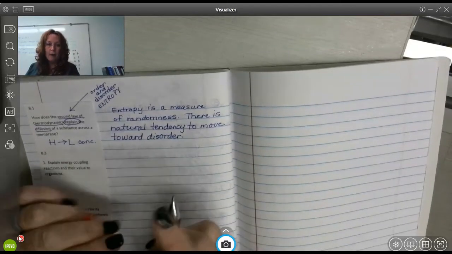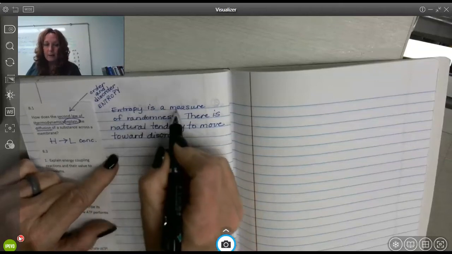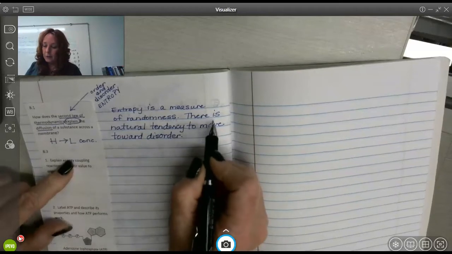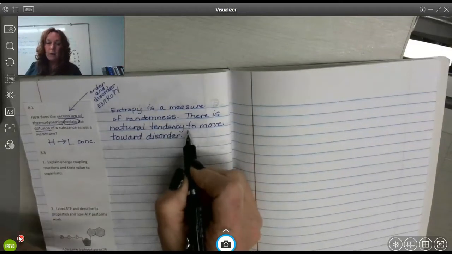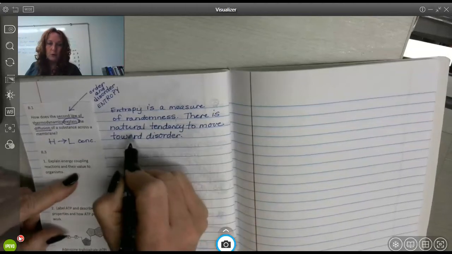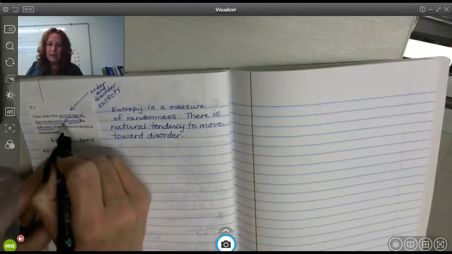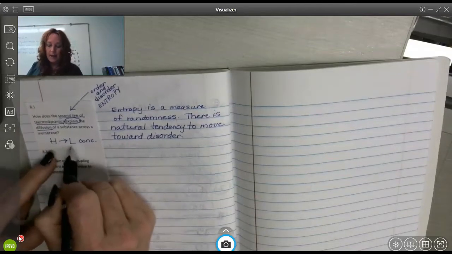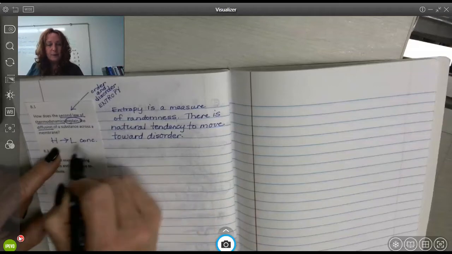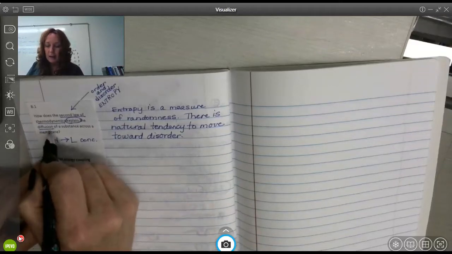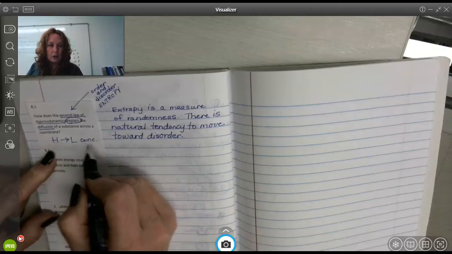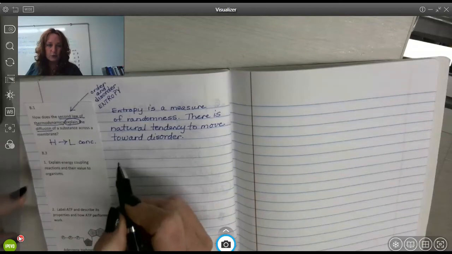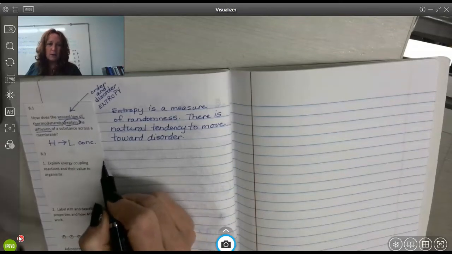Okay, now I've talked myself into a connecting point here, because if there's a natural tendency of things to move toward disorder, and there's a natural tendency for substances to move from high to low concentration. If I put those two together, it tells me that moving from high to low concentration is moving toward disorder, because it's both the natural process of the way things work. So let me think about why that is.